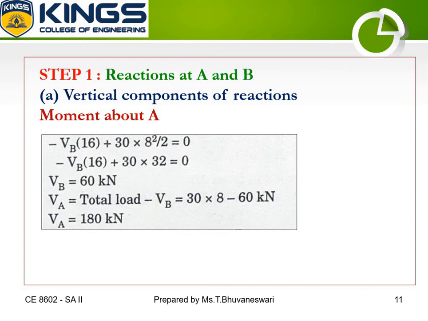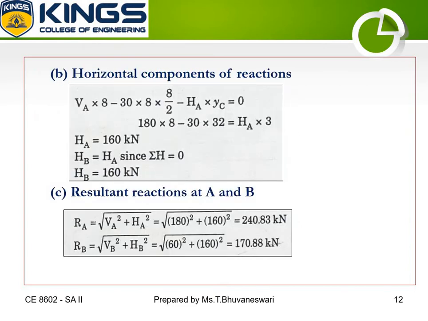So in the first step, we found the vertical components VA and VB just using the simple equilibrium equations. Next, we have to find the horizontal components of reactions. It is very important to note that to find the horizontal reaction, we will take the moment about the crown point C. As you all know, the crown point is at the center, and we can take the moment either from the left hand side or from the right hand side.